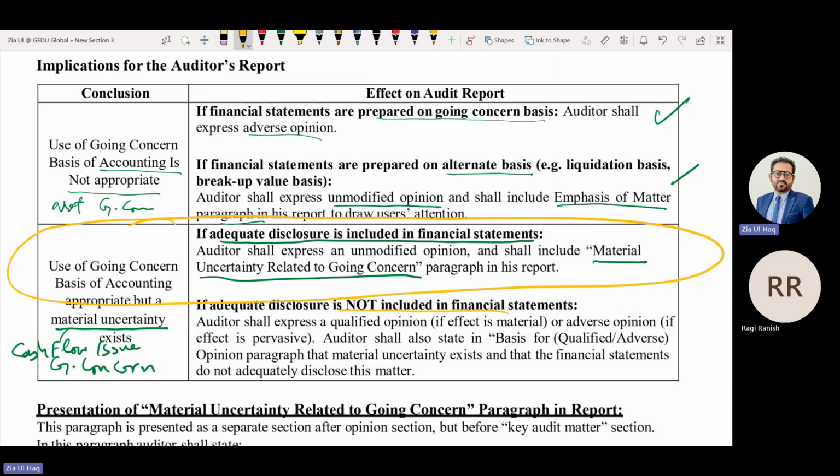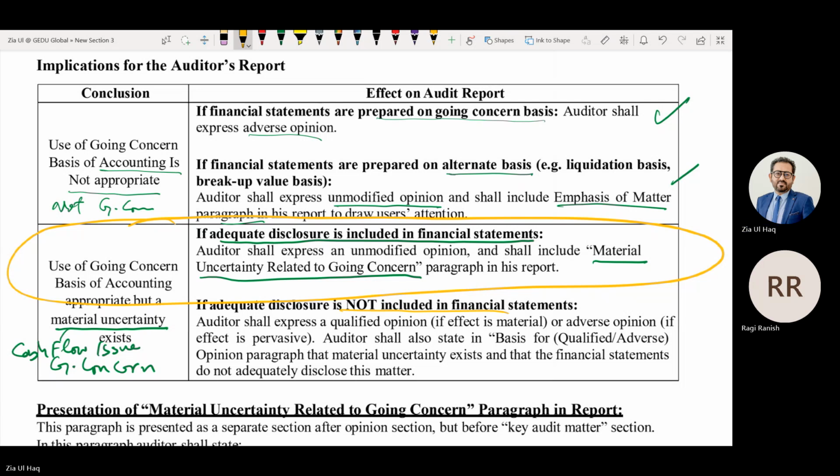A material matter rather than pervasive. Only one disclosure is not there, the rest everything is fine. So is this material or pervasive? Material. So qualified, except for opinion, rather than adverse.